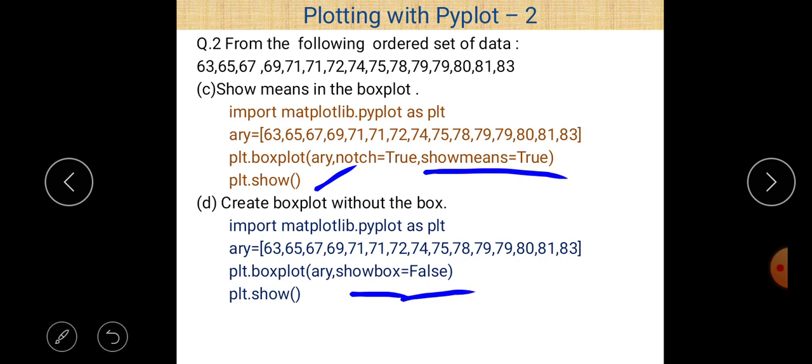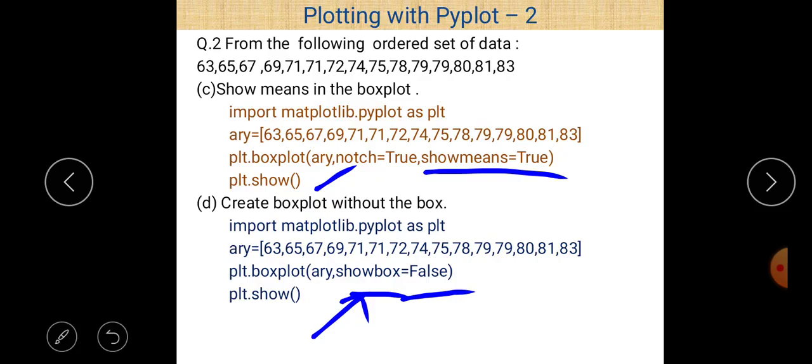But according to the requirement of the question, a box plot without the box, so if you don't want to show the box, you should use the showbox parameter and give it the value false. In that case the box is not shown on screen, and all other things are the same as you can see on the screen, which are required or essential.